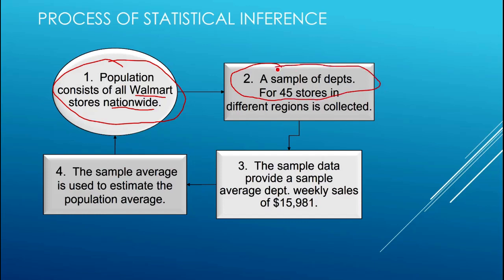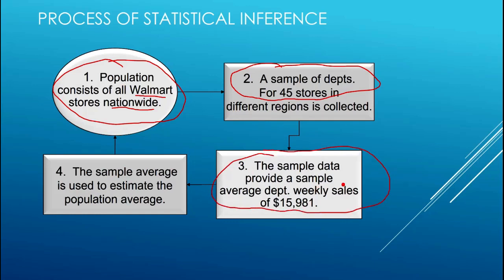That's it. There are more than 45 stores nationwide. There are probably more than 45 Walmart stores just in the state of Pennsylvania where I live. However, if these 45 stores are picked in a way such that they're representative of the distribution of stores geographically across the country, then we can use that as a random sample,